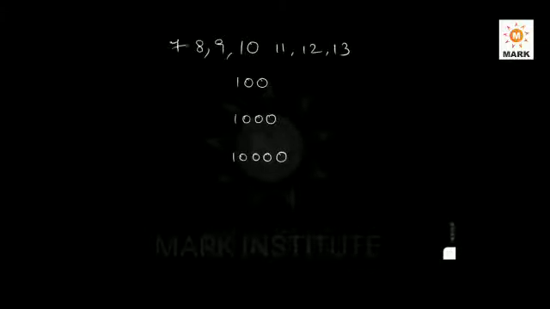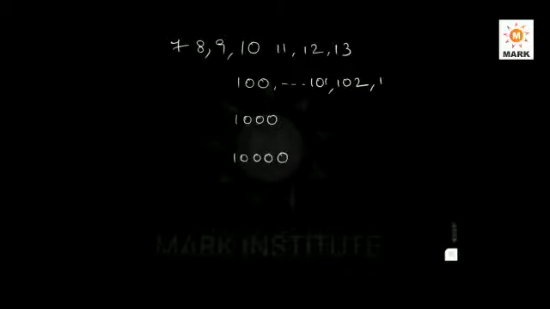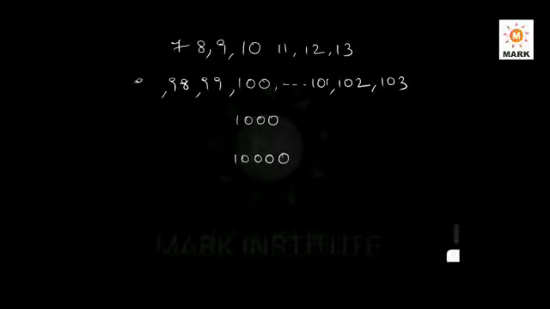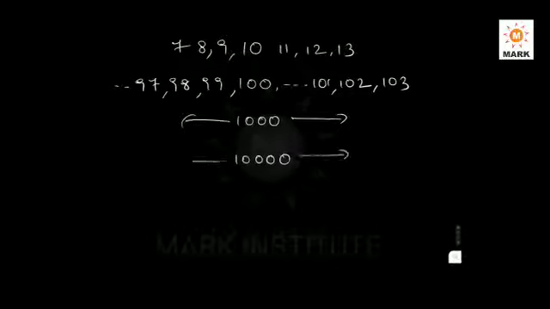How to multiply the numbers which are around 10, around 100, around 1000, in the neighborhood of 10,000, etc. That means 11, 12, 13 on one side, 9, 8, 7 on the other. Here also, if you go this side, 101, 102, 103. If you go this side, 99, 98, 97 and so on. So how to multiply the numbers in the neighborhood of 10, 100, 1000, 10,000.